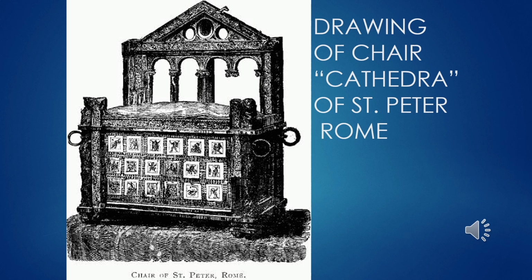This was made from oak, and notice the back of the chair is looking like architecture. So we have the pediment top, the oculuses, those round windows, and then the arcaded panel, that series of columns and arches that creates an arcade. These are all typical details of this time in furniture as well. This chair was, of course, very beautifully decorated with inset panels in ivory as well that show scenes of Christ with Peter. So again, this is the ceremonial chair of St. Peter's.